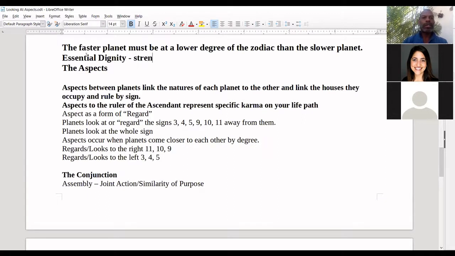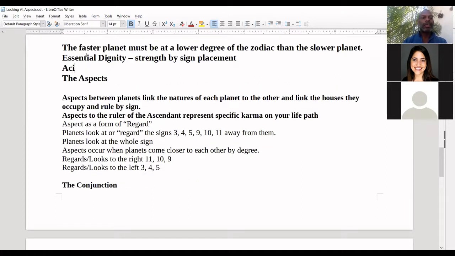That's strength by sign placement, and accidental dignity is strength by house placement. So think,